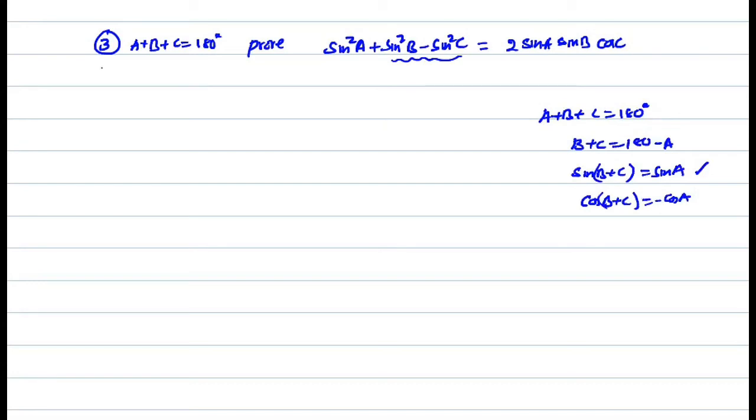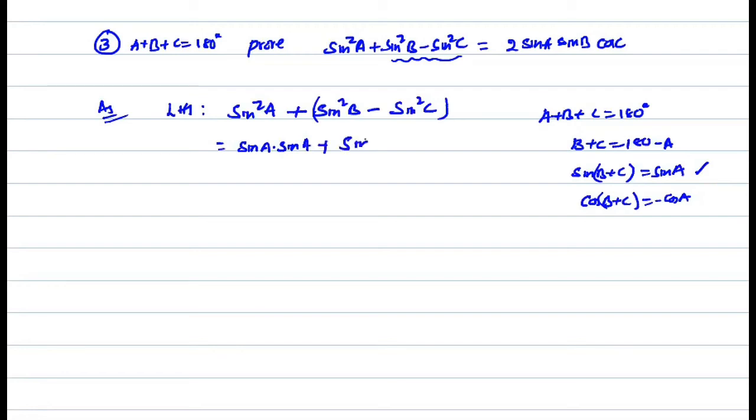Let us take LHS here to answer. What is LHS? Sin square a plus sin square b minus sin square c. This is nothing but sin square a written as sin a into sin a. Sin square b minus sin square c is sin b plus c into sin b minus c. Formula you have to learn to answer this problem. Sin square a minus sin square b is sin a plus b into sin a minus b. First formula applied.